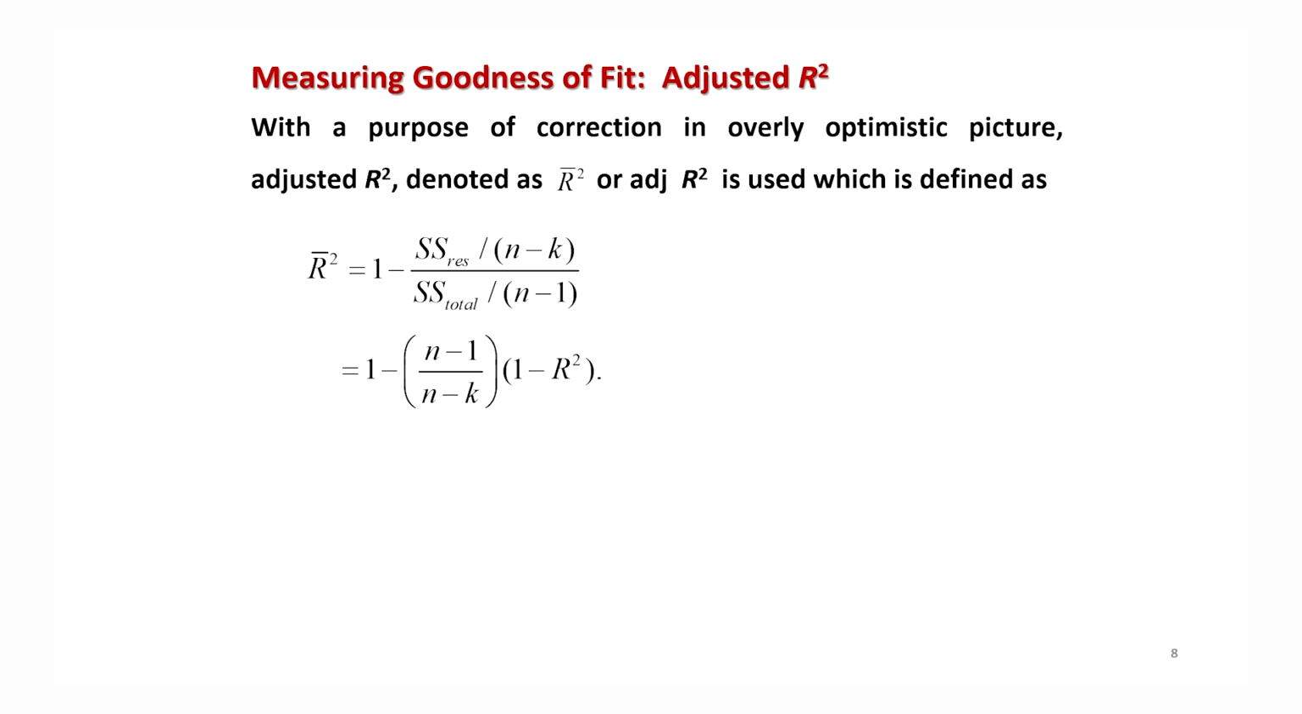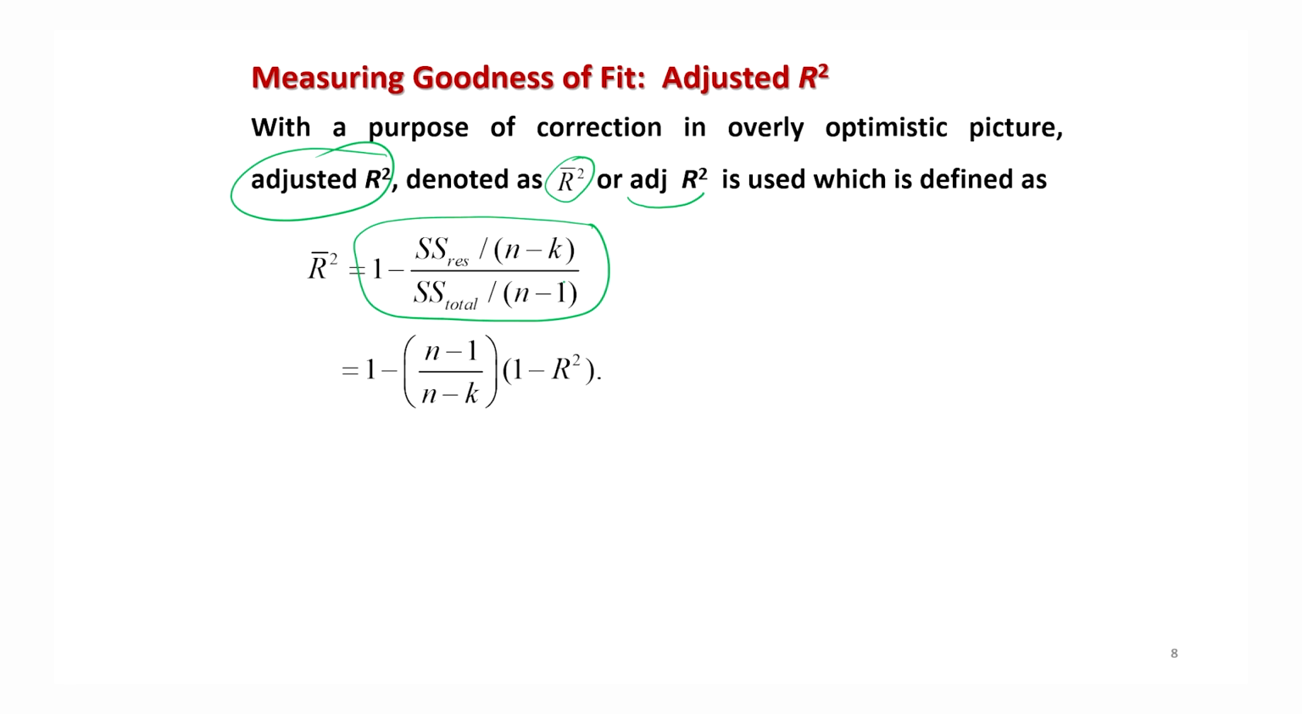So in order to correct it, so that this R square does not increase spuriously when some variables are added to the model, we have defined the adjusted R square, which is denoted here as R bar square, or written as ADJ R square, and that was also given in the software. And this is defined like this: 1 minus SS rest divided by n minus k,